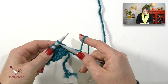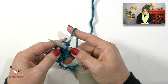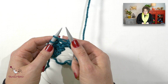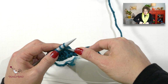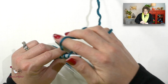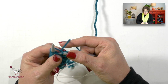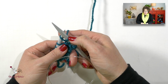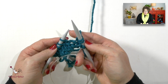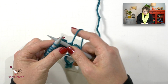You will go into the next stitch, yarn over your needle, come out the stitch, extend your right hand needle just ever so slightly, and then swivel your right hand needle around and go in to the back leg of that same stitch. Yarn over, and now pull that yarn over back through that back leg. Okay, so I have created 2 stitches where there was only 1. Now I can let this stitch from my left hand needle fall off, and now I have 2 stitches. Now I will go ahead, I will knit 1 stitch,